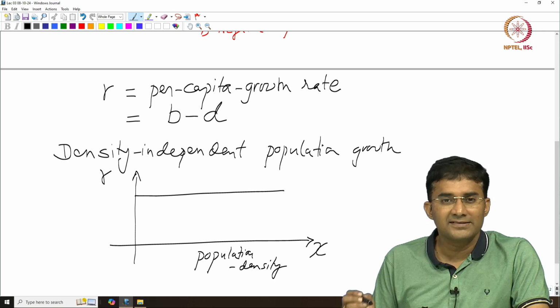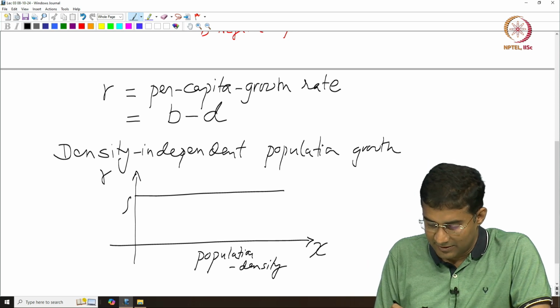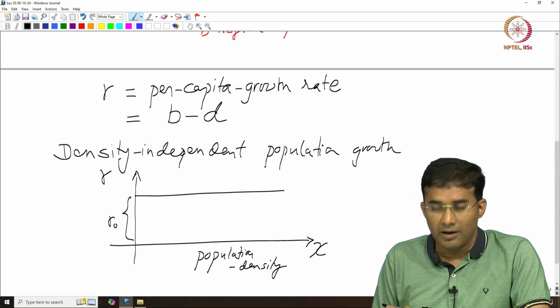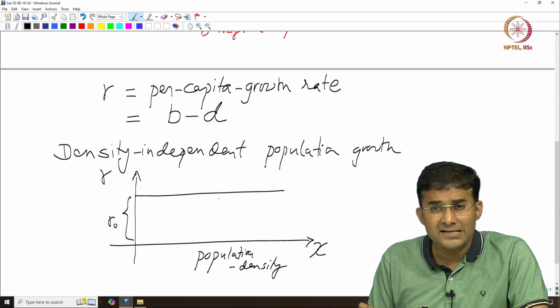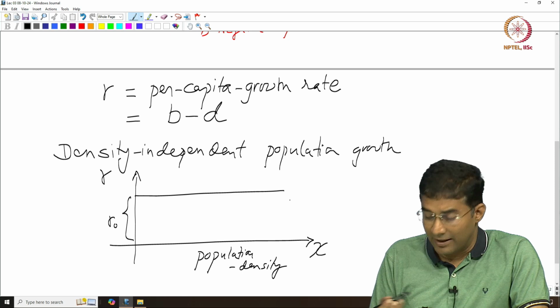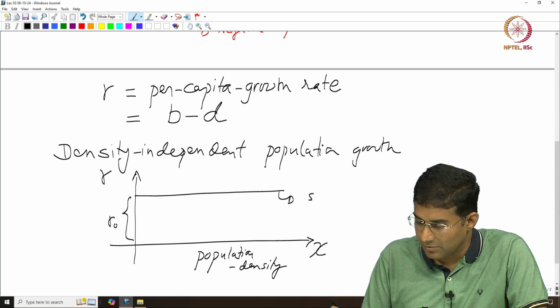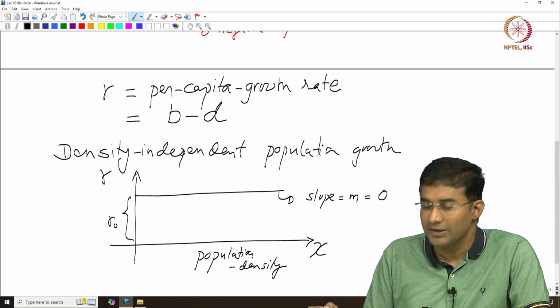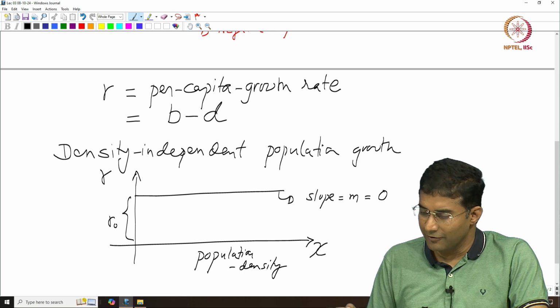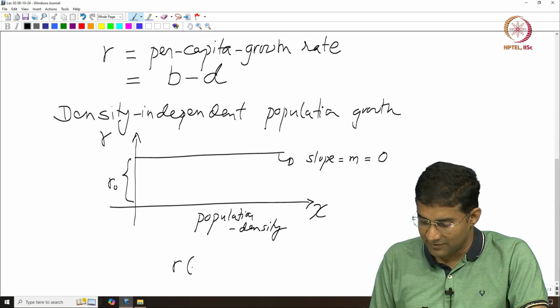So now this is an example of a straight line where, okay, let us say this is R0, the value of the constant that does not change at all with the population density, and in fact the slope of this line that I have drawn is basically 0, slope m is equal to 0, right. So therefore the equation for density independent growth rate would be that R of x does not depend on x, it is just merely R0,